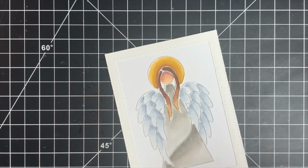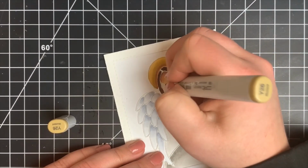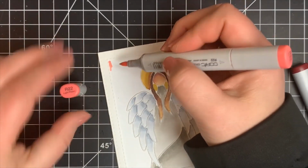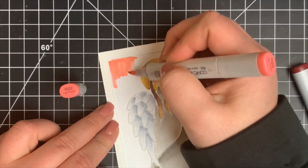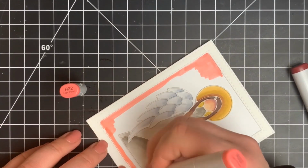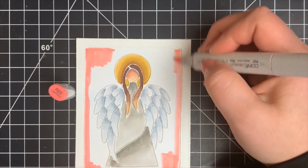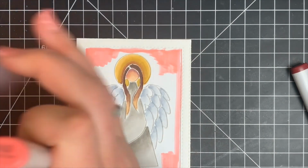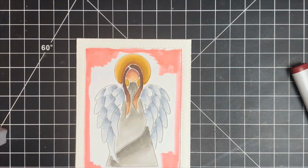So once my angel was all colored in, I am going to move on to the background, and I'm going to be using my favorite red combination, but this time I am saturating the paper just a little bit with that R22, which is my lightest color, just because this is a huge area, and if my blending isn't good, it will be a little bit more noticeable. Next, I'm going to go in with my darkest color here, which is the R89, which is my scary dark